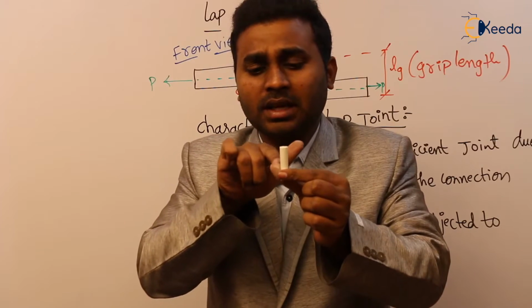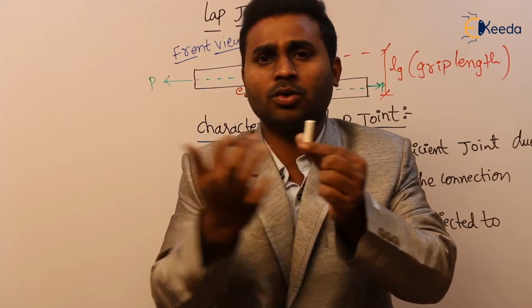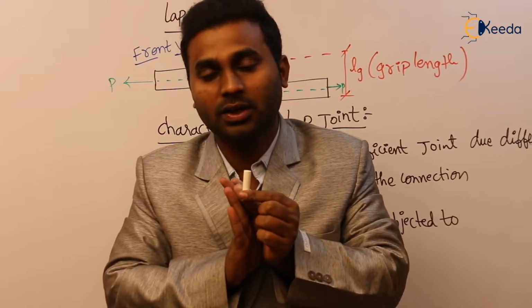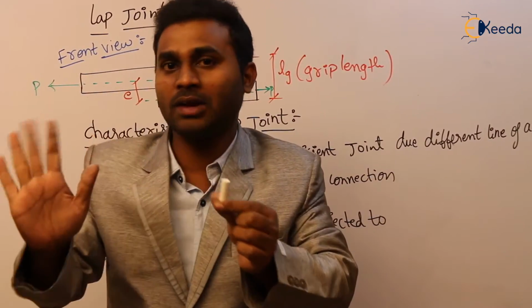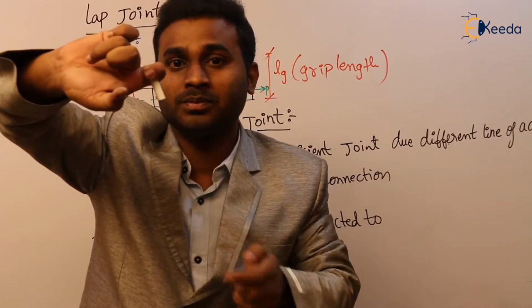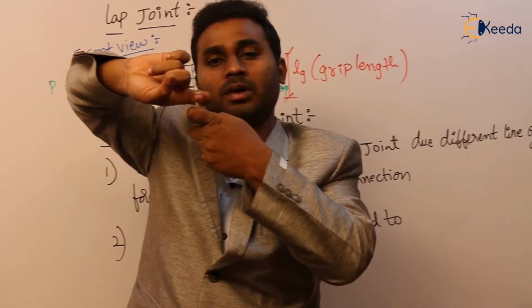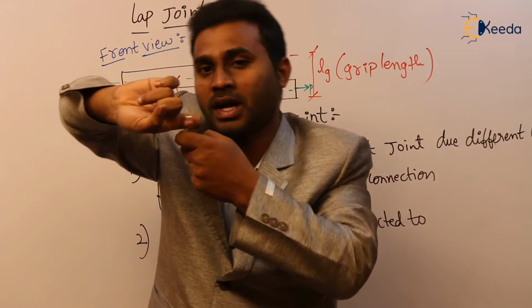So chances are there for this bolt to shear here and break into two parts. Now as we said, assume that they are strong enough in shear. In that case what happened? As they are trying to move away, the bolt is not allowing it. In this process, they are trying to press this bolt. Yes or no? These two members are trying to move away from each other, and the bolt is preventing it because it is strong enough in shear.